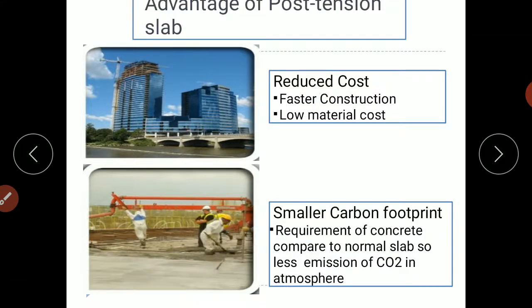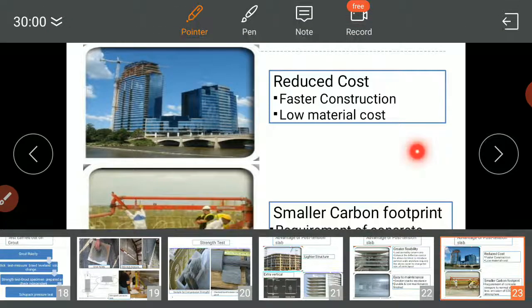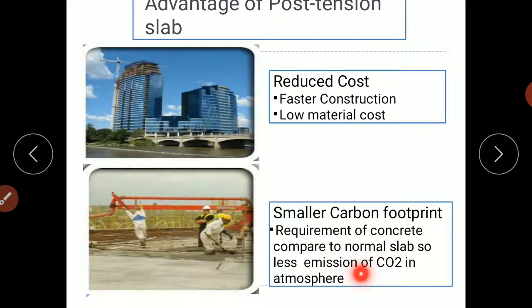Also reduced cost, since we are going to use a higher grade of concrete and steel, so this point comes with a few percentage. Then a smaller carbon footprint: the requirement of concrete compared to a normal slab is less, so there is less emission of CO2 into the atmosphere.